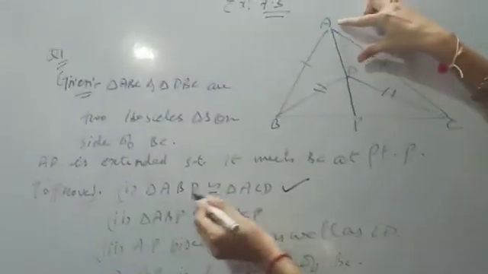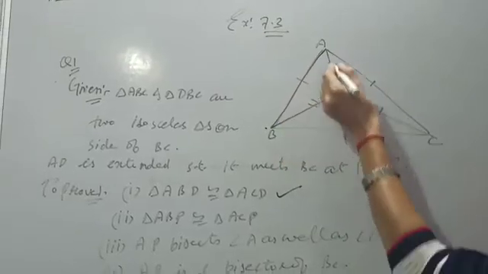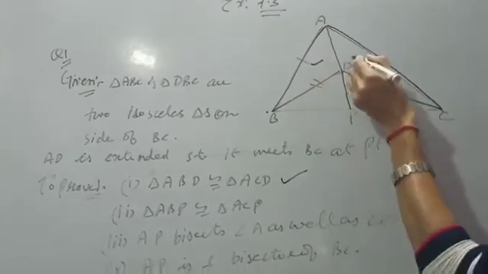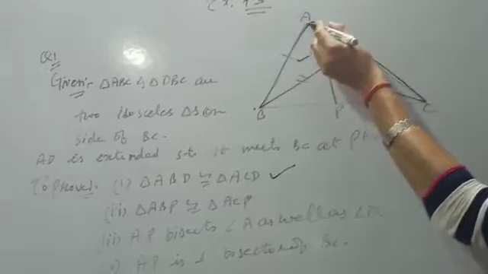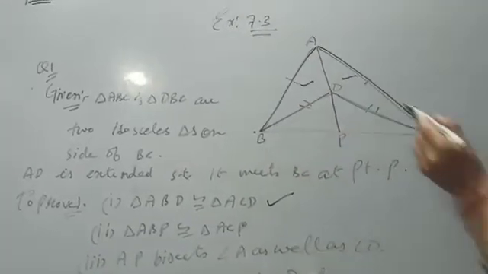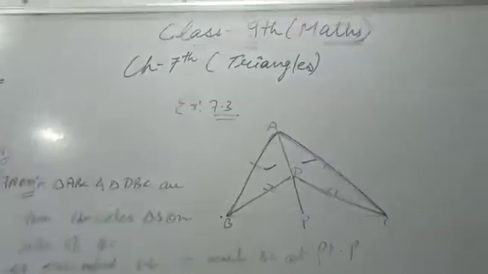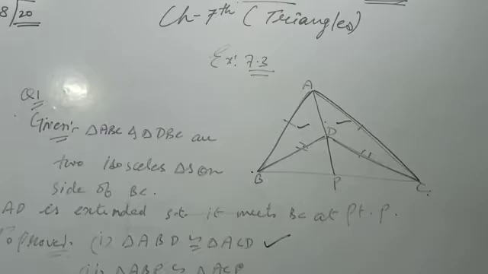Solution: if we look at the first part, triangles ABD and ACD, we want to show that these two triangles are congruent. Then we can easily see AB is equal to AC, it is given. DB is equal to DC, it is given. And AD can be the common side. So we are taking three sides, so we can say here by the side criteria.